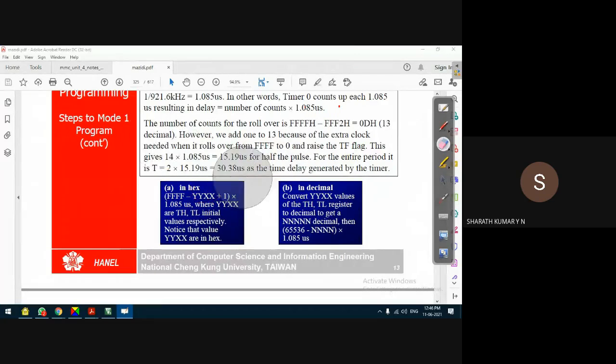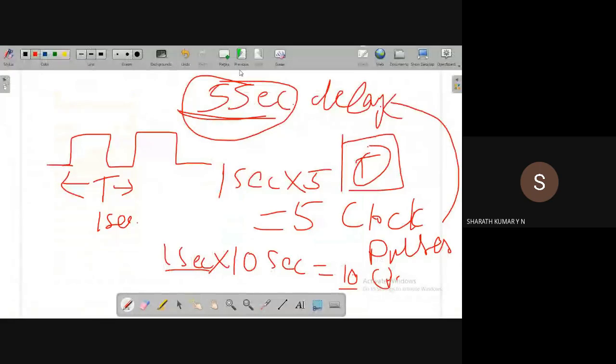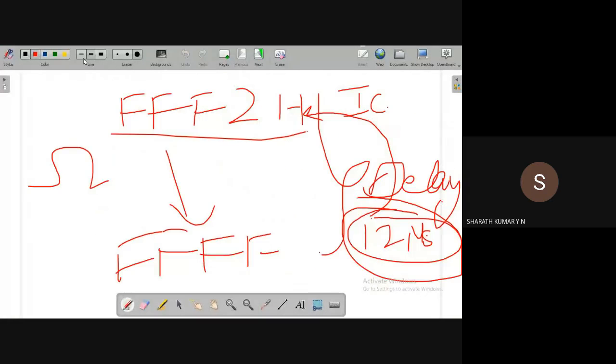In this method, this initial value is subtracted from FFFFH, because that is the final count, and plus 1.